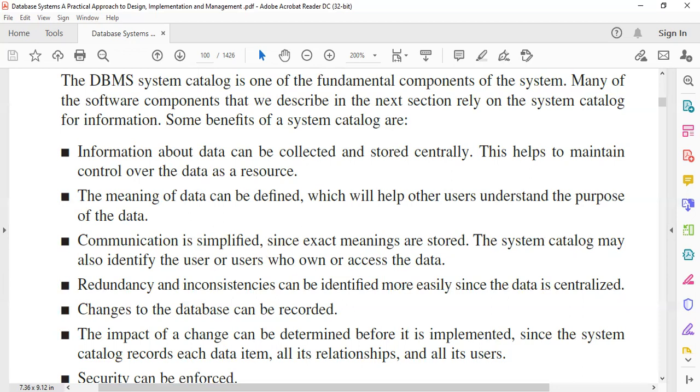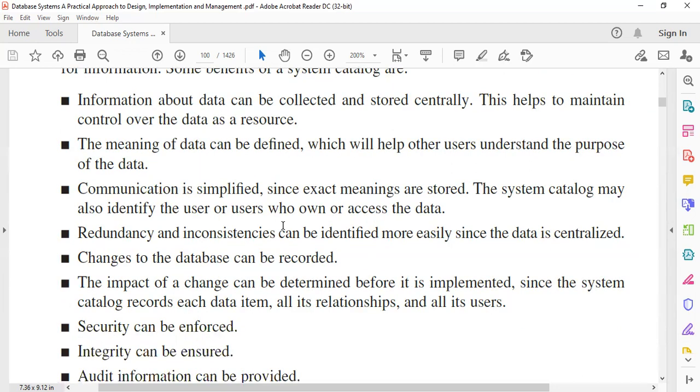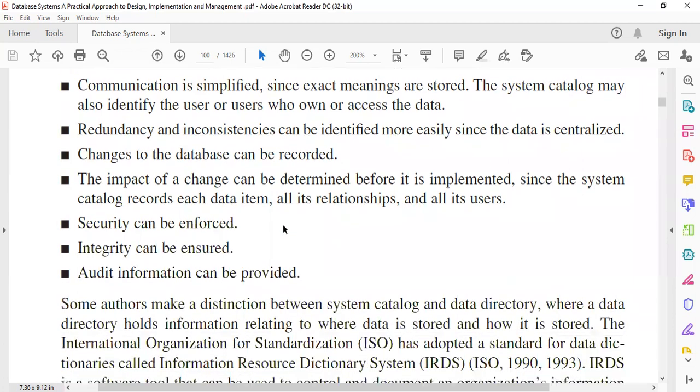The impact of the change can be determined before it is implemented, because the system catalog has all the data that you require. So before any change is done, it is possible for us to predetermine